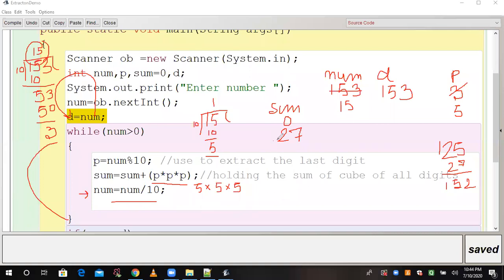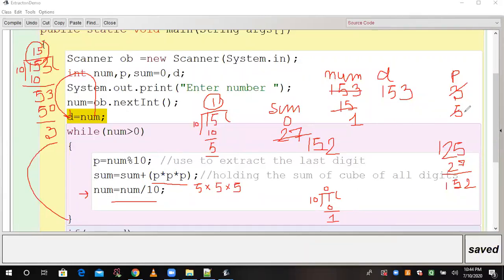So our sum will become 152, correct? Then num is equal to num by 10. In this form the quotient will be stored in num, so that will be 1, correct? Now 1 is greater than 0. As you all know, if a single digit is divided by 10, 10 zeros are 0 and the remainder will become 1, and p will store 1.